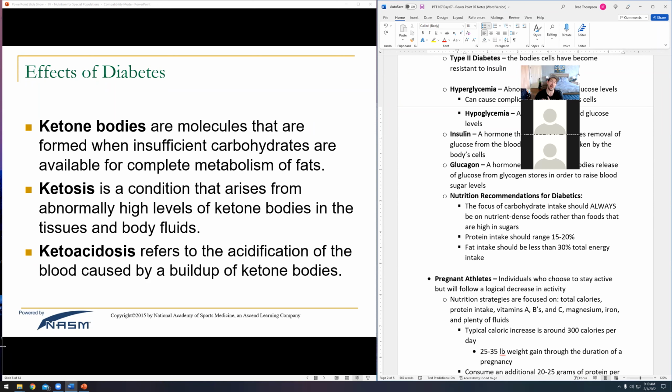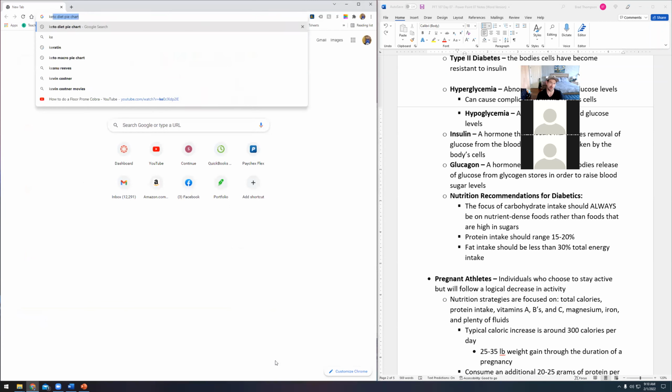But this is one of the reasons why they'll tell you to drink alkaline water, because alkaline is the base compared to ketone. And that's very popular amongst ketogenic athletes. They'll also say, hey, don't get very many carbohydrates in your diet. But if you look at a keto diet